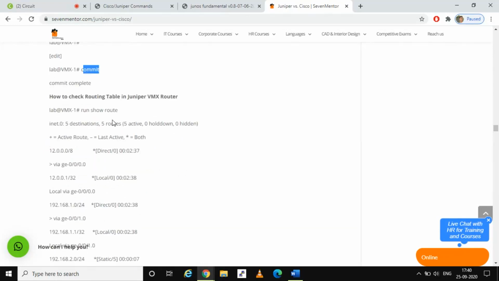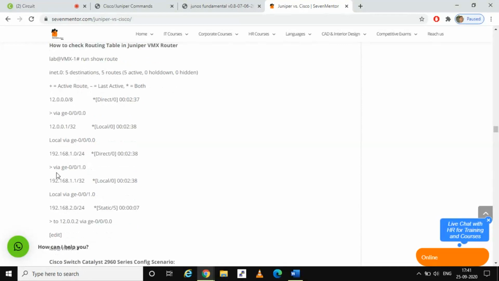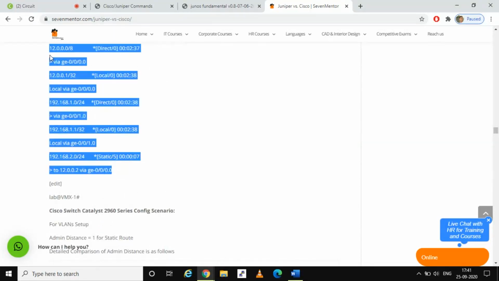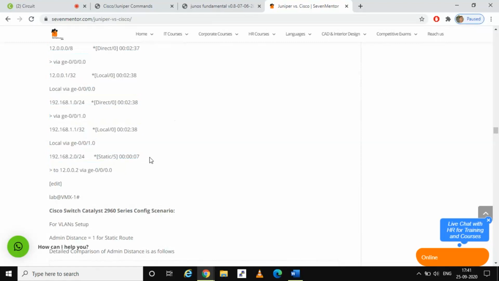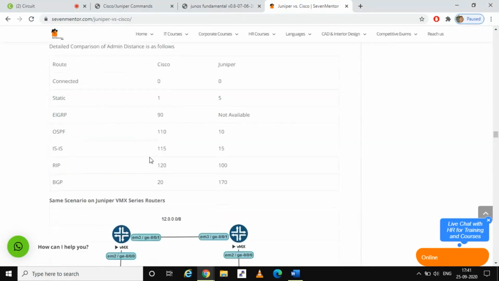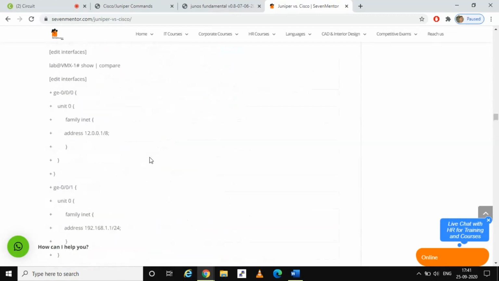We also have the show route command that you can see on the Juniper side, which shows what the directly connected networks are and which static routes are connected. Here you can see all the interface networks are connected directly or via a particular next hop. So that is how the commands and configuration look on the Juniper side.